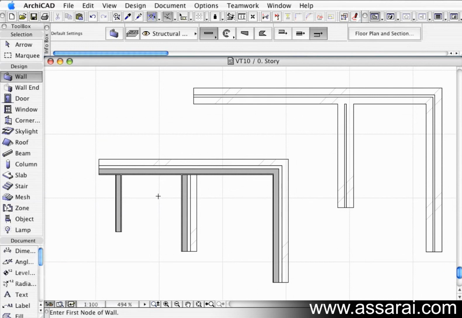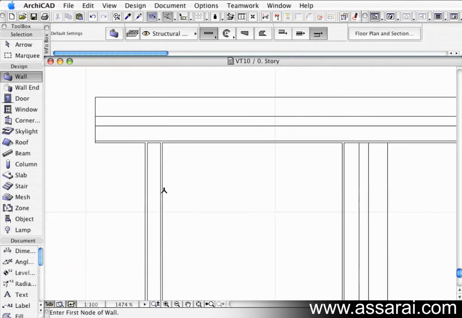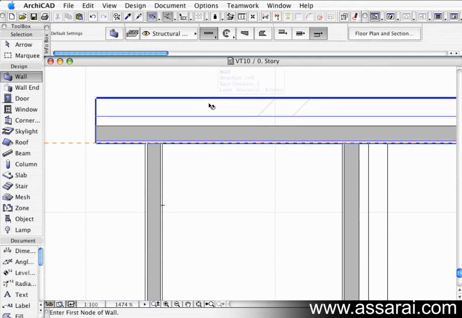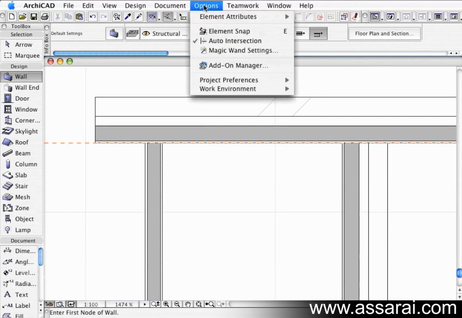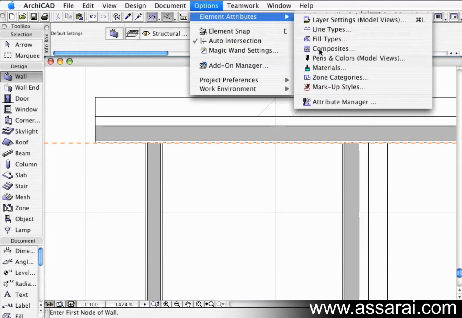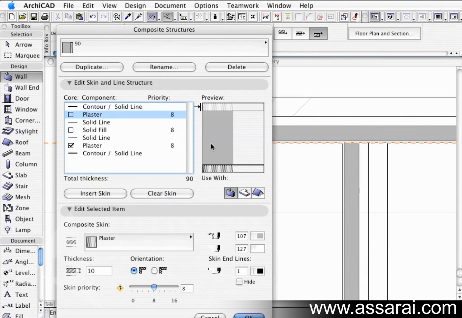So then once we've got that done, what we might want is that skin to marry up to that skin there. So if we match the priority of the timber skin, match it up with that timber skin and make that priority higher than the plaster, it will make it graphically display correctly. So first of all, if I go to the composites and get that skin, the timber skin, move that up to 10